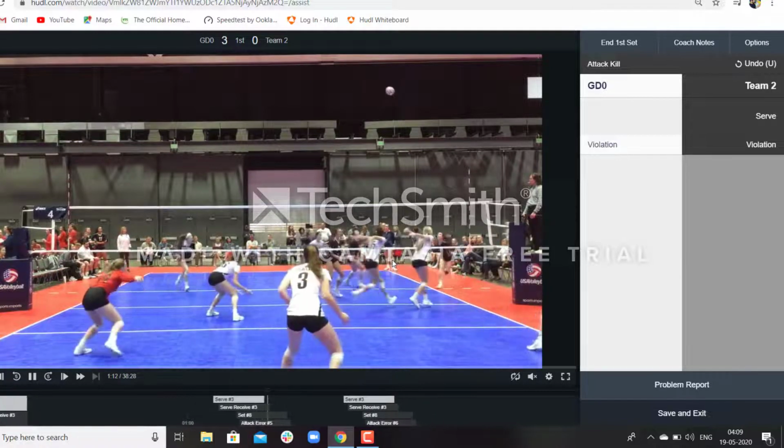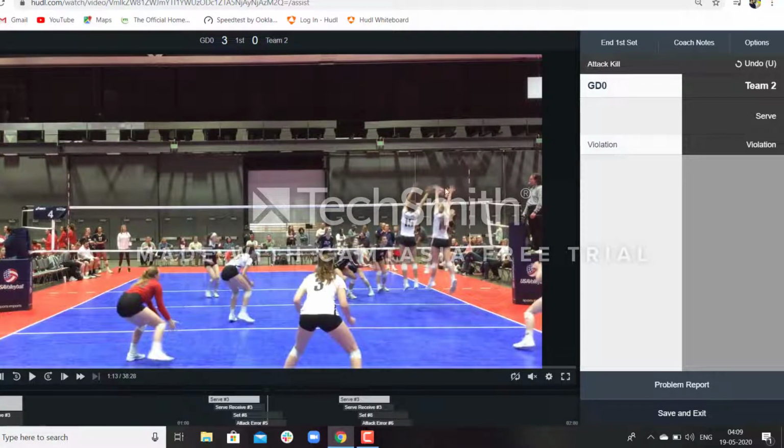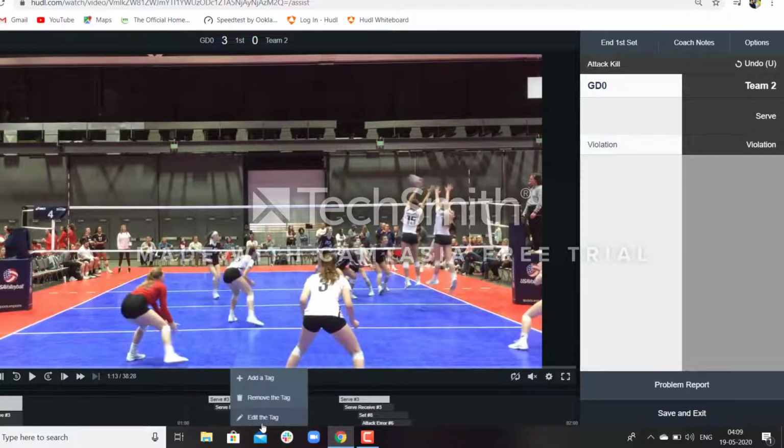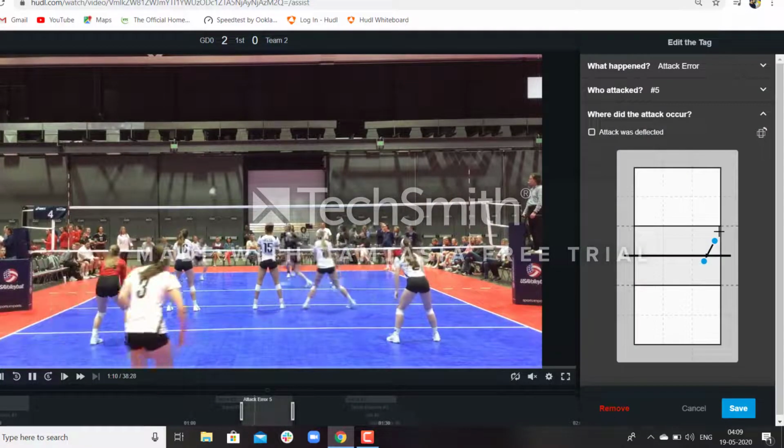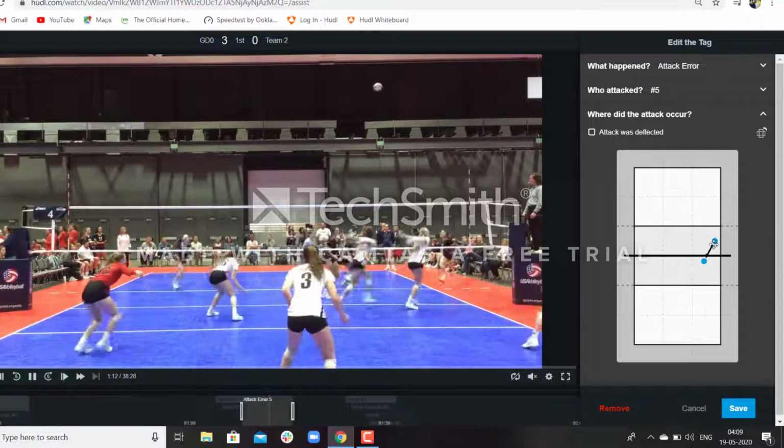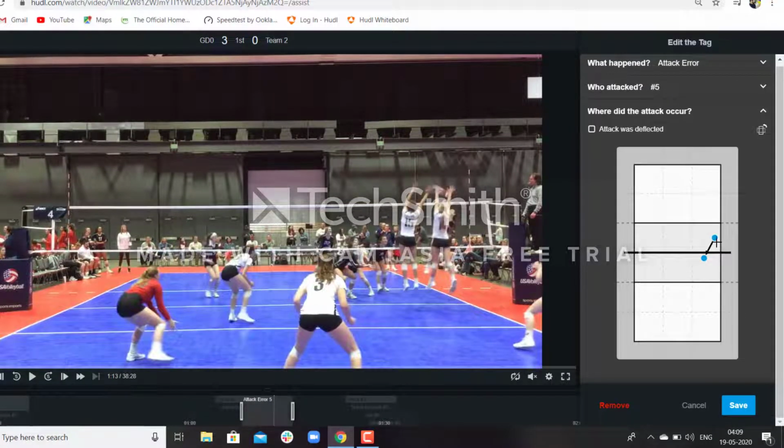Similarly, in the same situation, if the attacker is making an attack and there is a deflection off the block touch, but the attacker touches the net, there is a net violation by the attacker. So the attack location would be marked as the point of contact of the attacker, and the end location is the block touch, but "attack was deflected" will not be